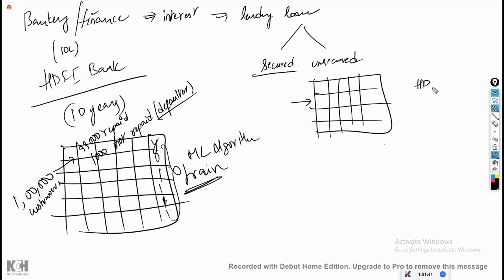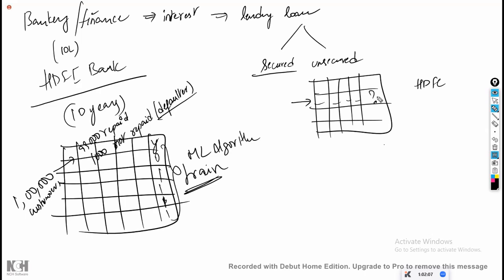Bank, and you have filled in the details. Using your details, it is going to predict whether you will default on the loan or not. It will predict like that. And based on the prediction, whatever the machine has predicted, the credit manager is going to take the decision. Now, why have I told this entire story? The most important point is